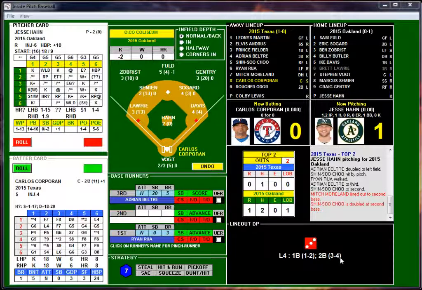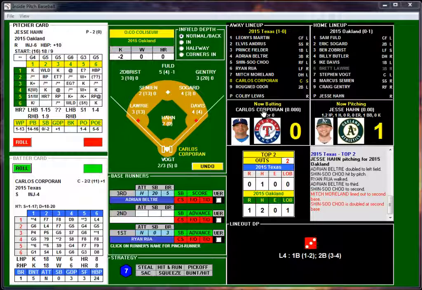So second base, 3 or 4. So he lined it to Sogard. He flipped it over to Semien real quick, and they caught that runner leaning just a little bit off the base. And quite a play defensively to get that second out. Now just first and third with 2 outs. Big difference. Carlos